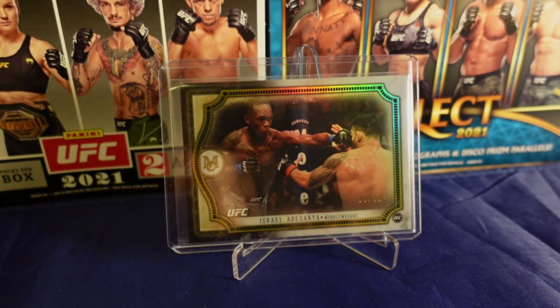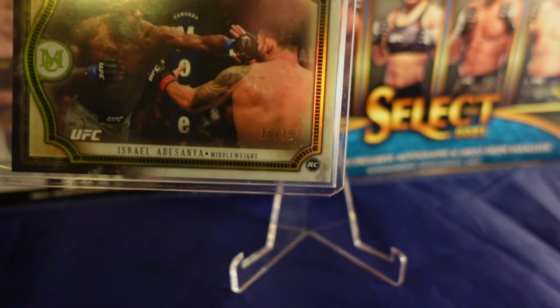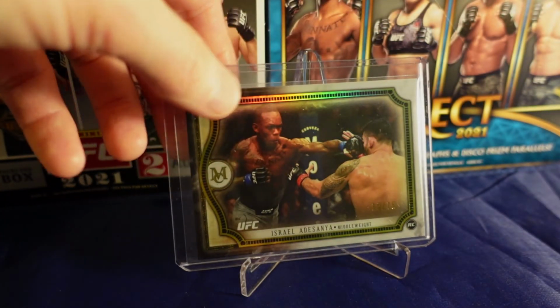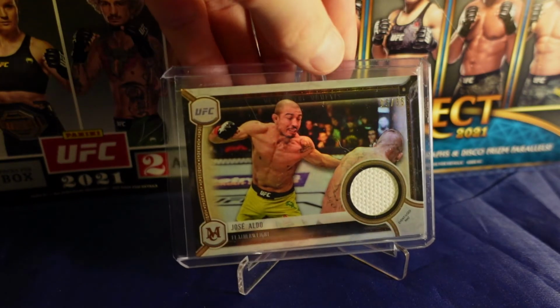This card is a huge, huge card for Israel Adesanya. It's his rookie card, and it's out of 75. Raw alone, this card goes for over 500 bucks. So this is a great, great pull, and possibly my favorite card out of the whole lot of them is this